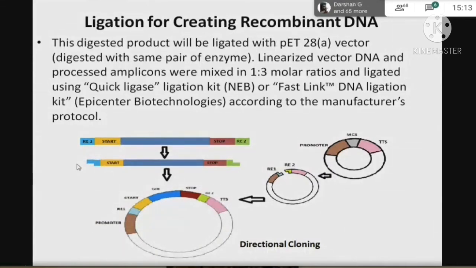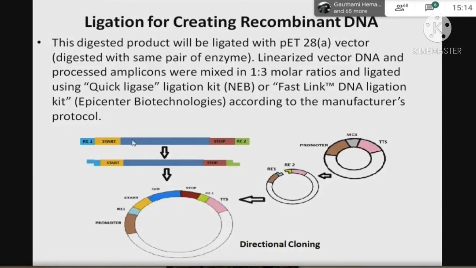The restriction site will come here, BAMH1 on this side and XHO1 on this side. Now this is a start codon, and this is a stop. Without disturbing the open reading frame, you have successfully created these restriction sites at the terminals of your gene of interest. Are you getting it? Now this becomes easy. Now you can clone it.